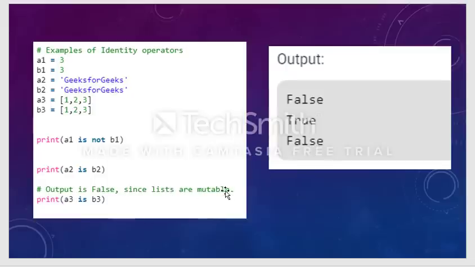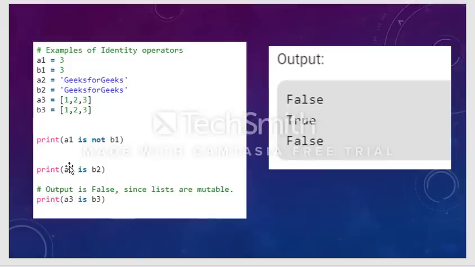Lists are mutable, which means we can change the values of the list, and both variables do not refer to the same list object. In a program, suppose a3 is equal to 1 to 3 and b3 is equal to 1 to 3; b3 is not the same as a3, because a3 is its own list of values 1 to 3 and b3 is a separate one. This concept will be covered in later hours. As of now, forget about this one. When we cover the list concept, you will be able to understand why it is false.